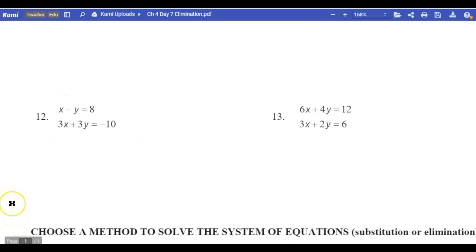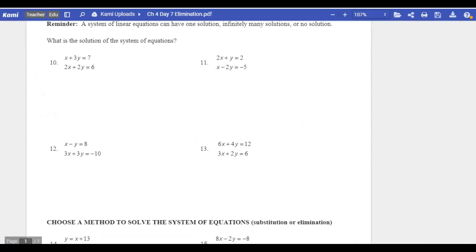Let's take a look at two of your homework problems from last night. I had some people chime in and ask a question: how do I know if they have one solution, infinitely many solutions, or no solution? Well, one solution is what we've been doing all along. So if you graph a line